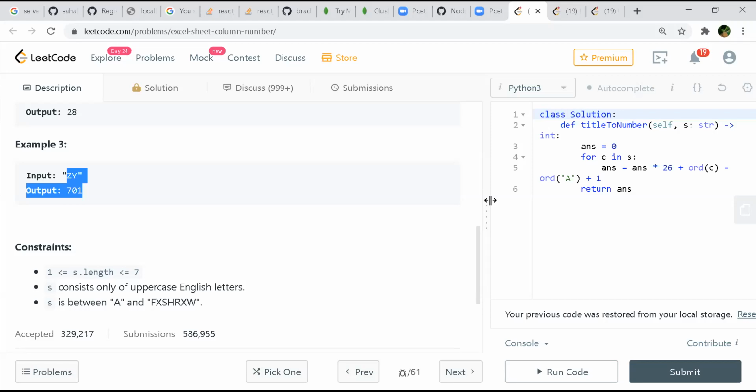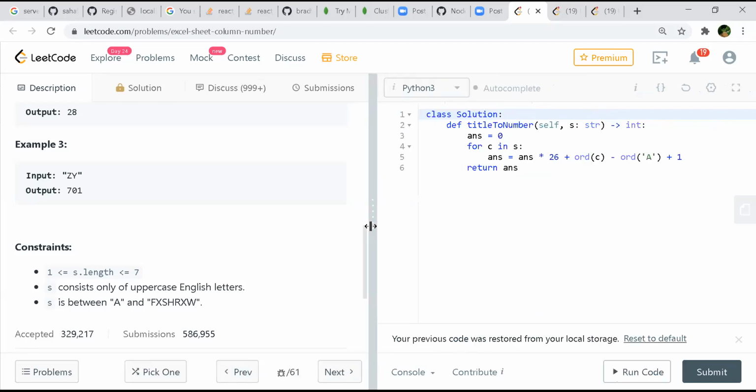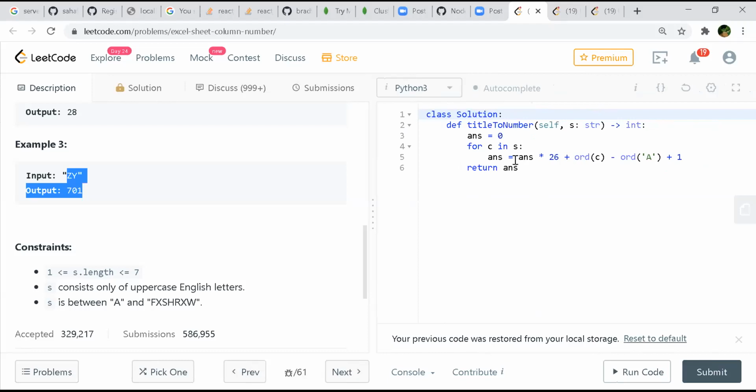So this problem looks really easy the way they say it. There could be many other ways to do it. The way Uday was saying, it's like the decimal way of numerical representation, but here it uses 26 as the base instead of 10.